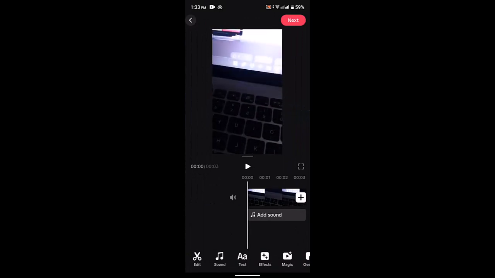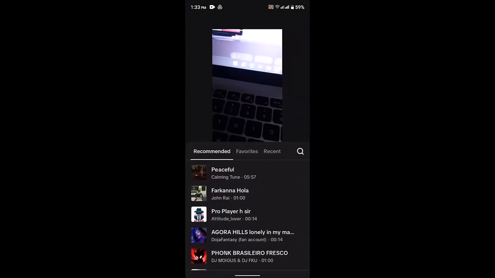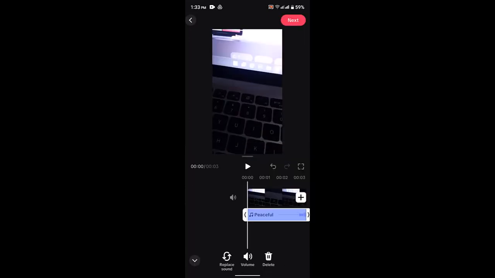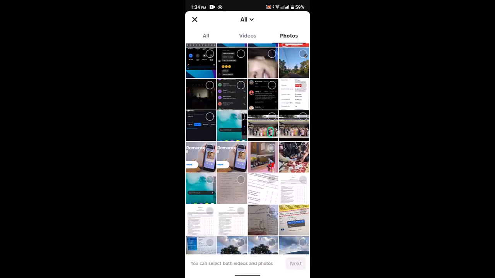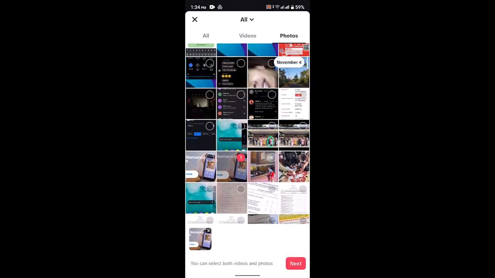Once you've done that, you'll be able to see Add Sound button. So click on it and select the particular music that you wish to add and click the Use button. Once again, in order to add the sound, tap the plus icon. After that, you need to go and select the audio that you wish to add and click the Next